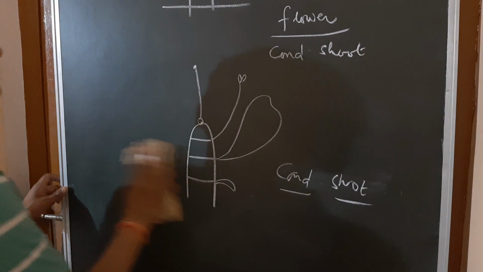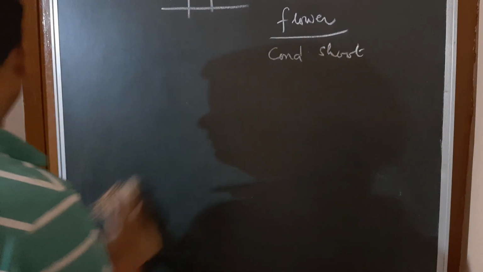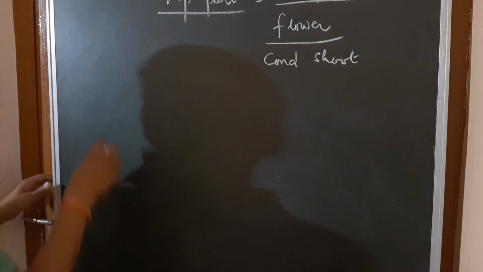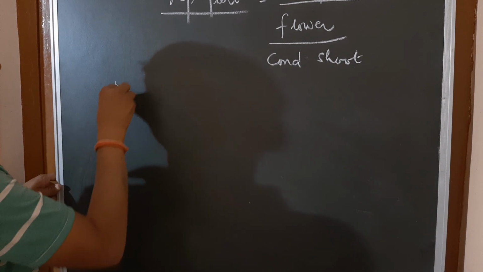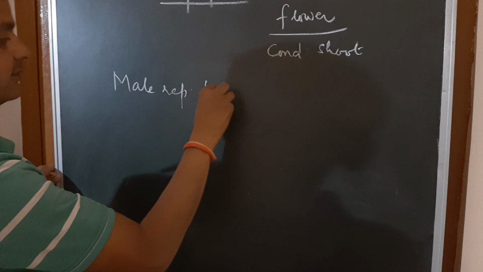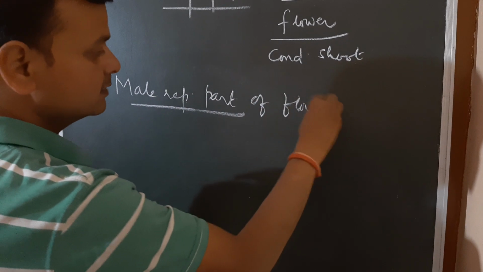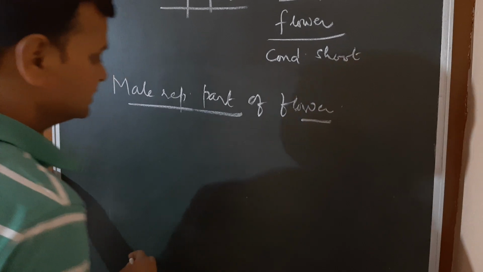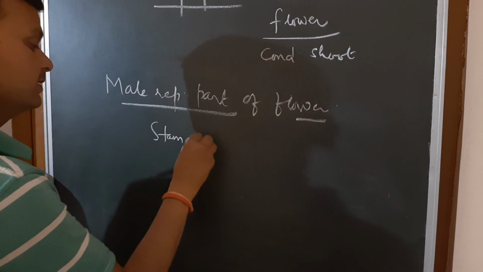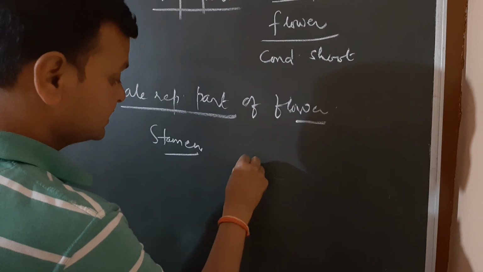Now, in the next part of this tutorial, we are going to study the detailed structure of the male reproductive part of a flower. The male reproductive part of a flower is the stamen, and if we draw the stamen, this will become the structure of a stamen. Generally, it is drawn